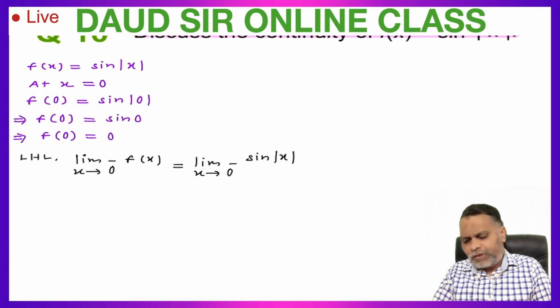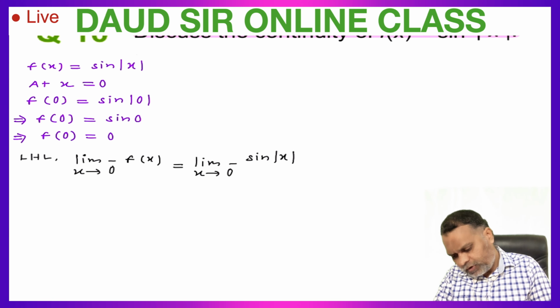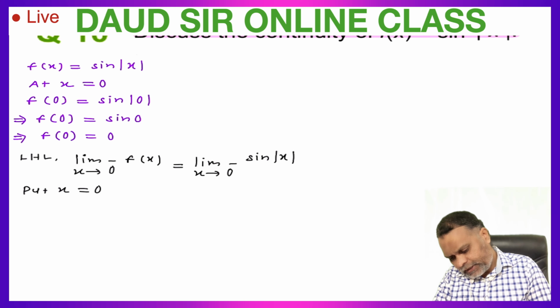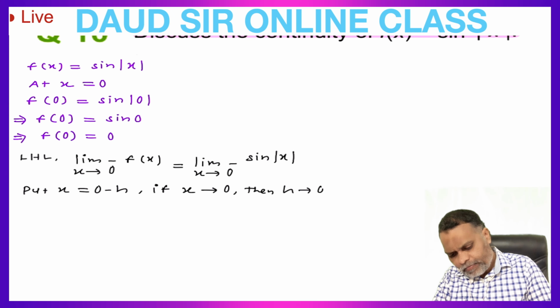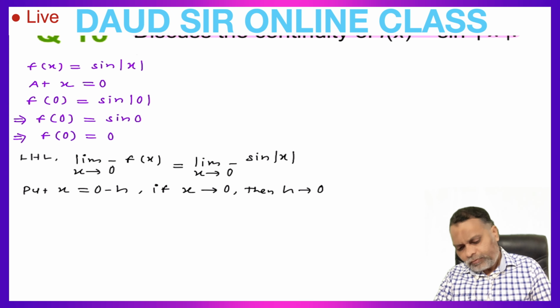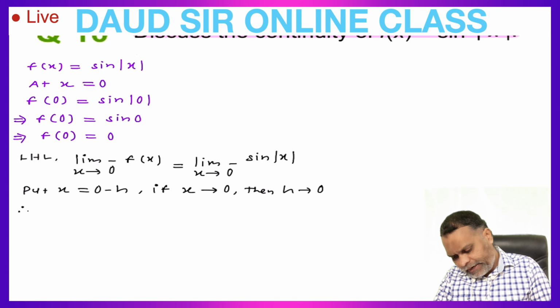Here a is equal to 0, so put x is equal to 0 minus h. Change tends to: if x tends to 0, then h tends to 0. Therefore left hand limit will become,